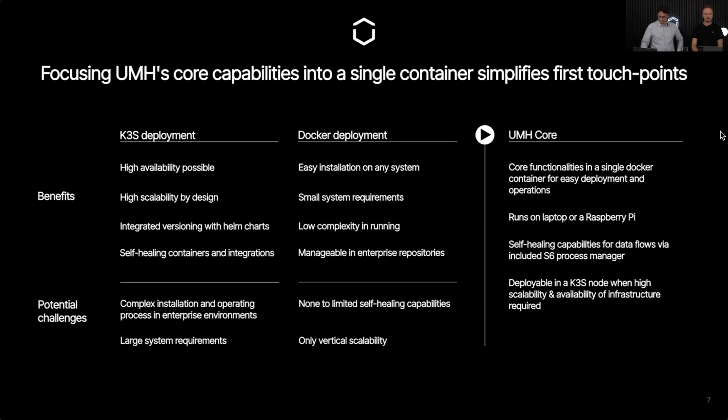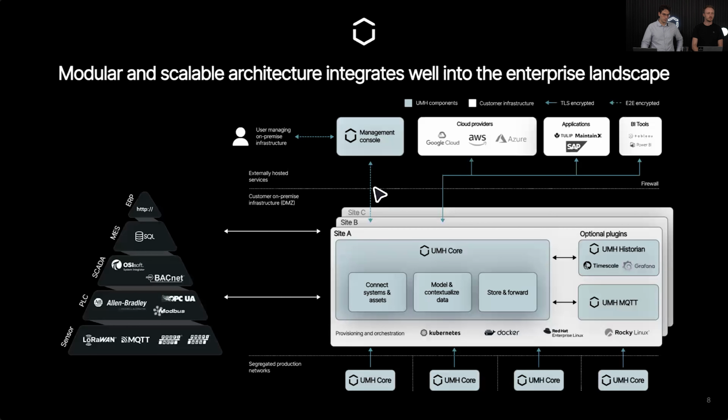Let me show you a bit of an architecture page just to simplify it a little bit more. I think a lot of you already know a similar page that we had in the past with UMH Classic. UMH Core, as it is a single container set, is pretty much including UMH Bentos. So we're talking about all of the integrations, protocol converters, custom data flows that you want to set up, any stream processing capabilities that you want in there, and additionally Kafka. So Kafka is really now the heart piece of UMH Core.